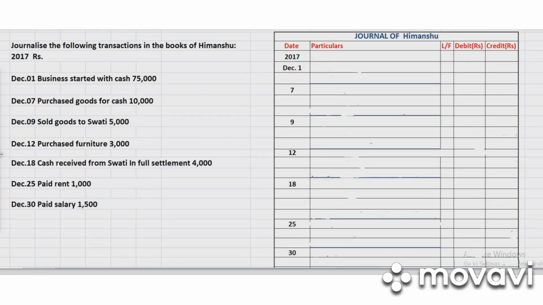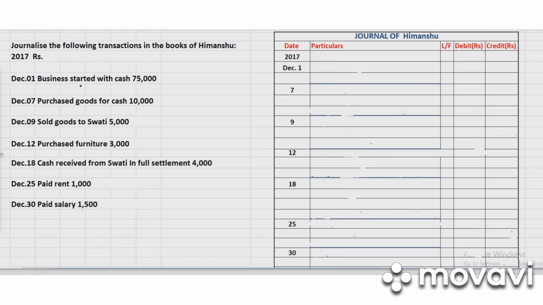If you go through these transactions, we can see there are mainly two types of transactions. One is a credit transaction, another one is a cash transaction. So we just focus on this particular aspect of cash. The first thing you have to think when you get a transaction is whether that transaction is a cash transaction or a credit transaction. It is very simple. As you can see, the first transaction,